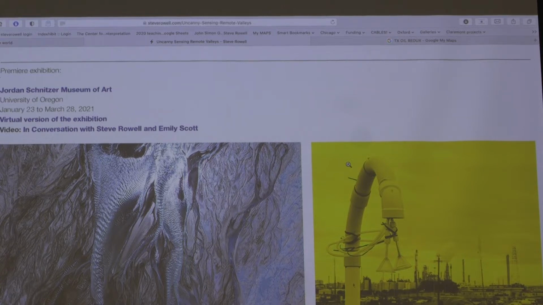Or in the case of Houston, I contacted and worked with the City of Houston environmental air monitoring program. It's a division of the city government that uses the largest network of air monitoring stations in the whole world, actually. It's a very complex system: they have stations set up around the city, and they have mobile stations they can deploy